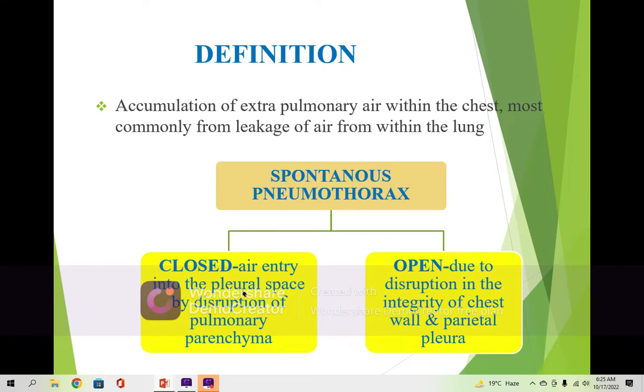There is suction of air inside: during inspiration the air is entrapped, and during expiration it is closed. So the third type is this. One is open, one is closed, and one is the suction type of pneumothorax, where, in reverse, if you inspire, the air will become entrapped in the pleural space.